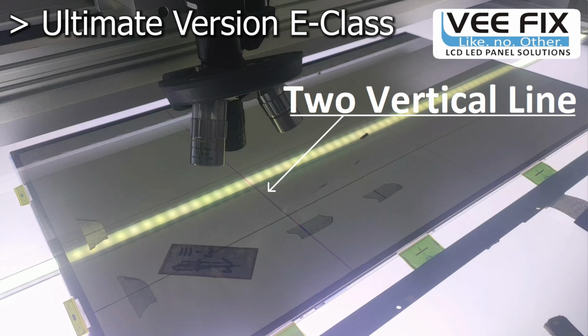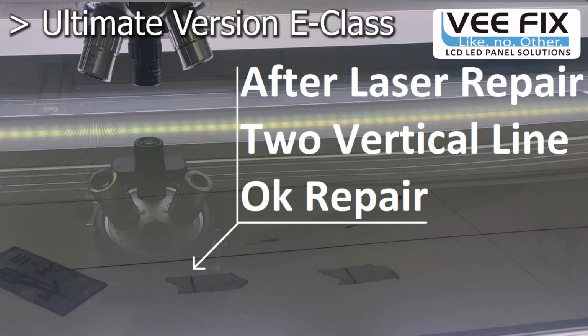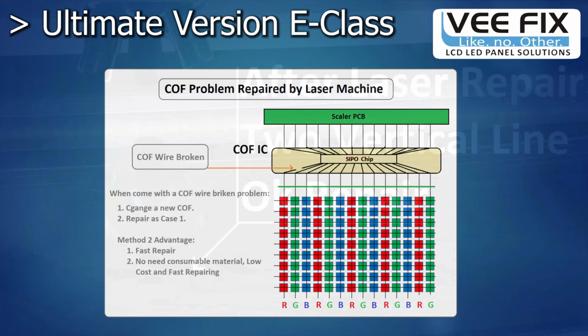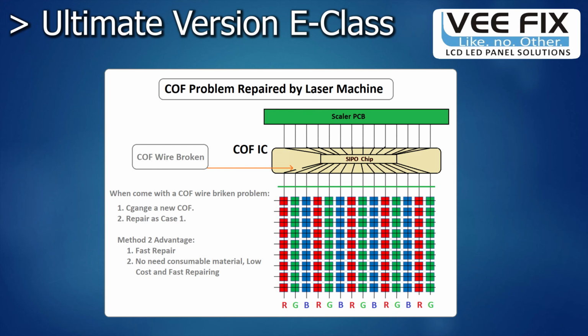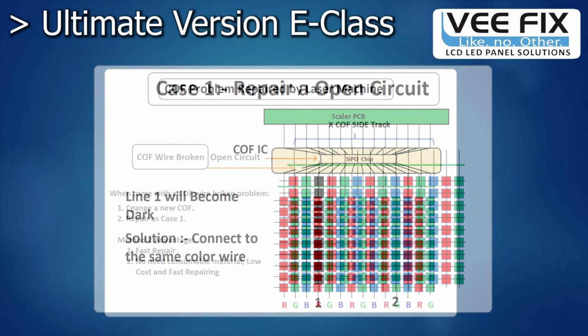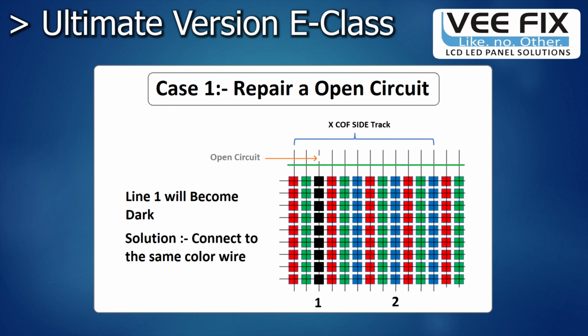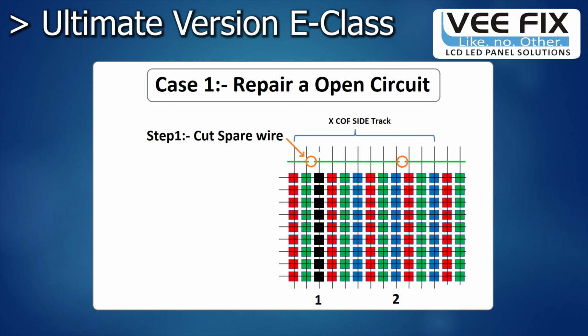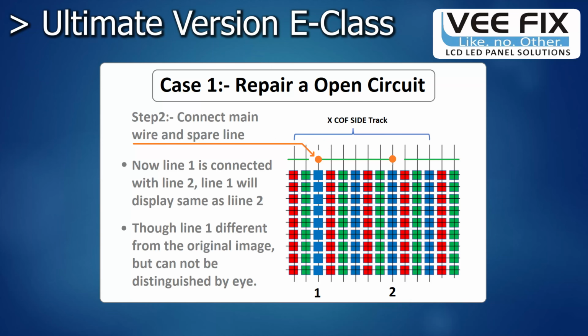In the Ultimate version, we will give hands-on practicals on LCD panel glass inside circuit fault repairing using laser machine operations like CKV cutting, leakage in CKV lines, scanning line solution, jumping pictures that are not solved after the CKV lines cutting, and also Y lines, that means horizontal line solution repairing using the laser machine.